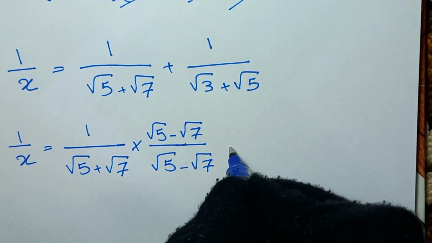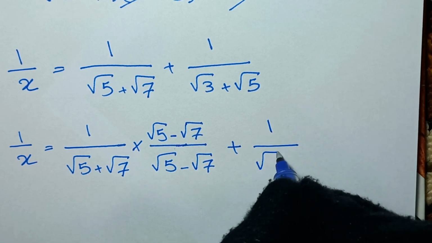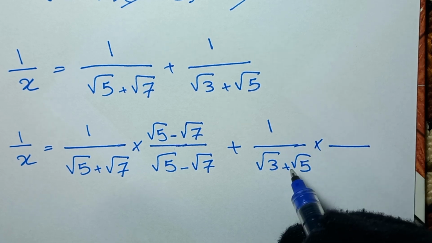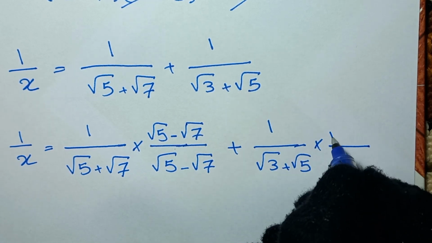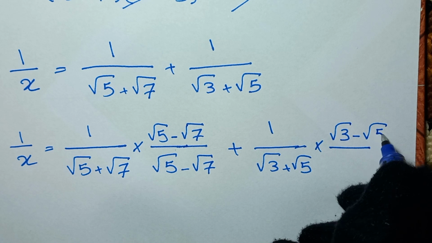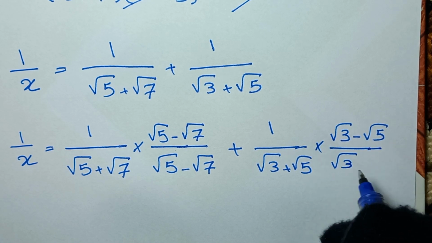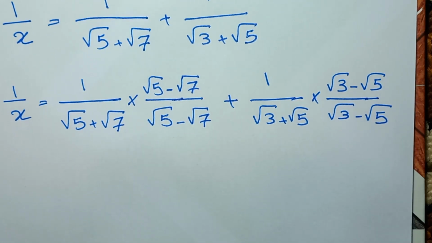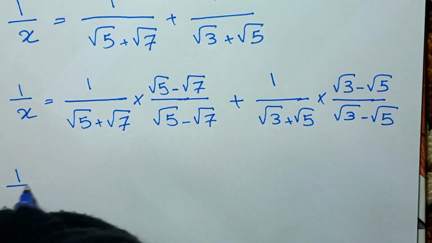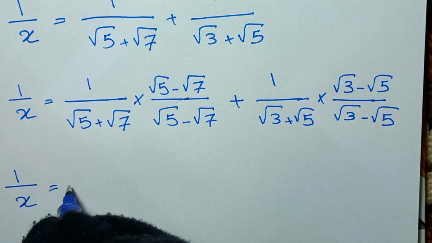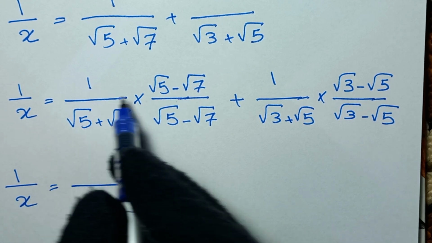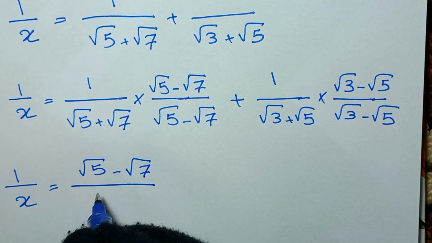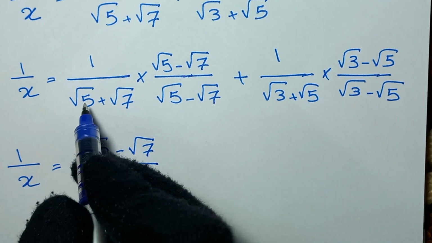Also for this fraction we write 1 over square root of 3 plus square root of 5 and we multiply numerator and denominator by this conjugate pair and it will be square root of 3 minus square root of 5 over square root of 3 minus square root of 5 and it will be 1 over x is equal to 1 times this, it will be square root of 5 minus square root of 7